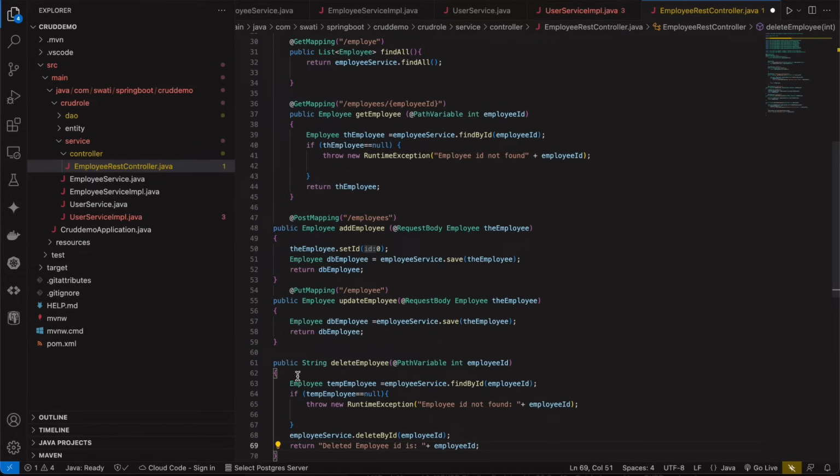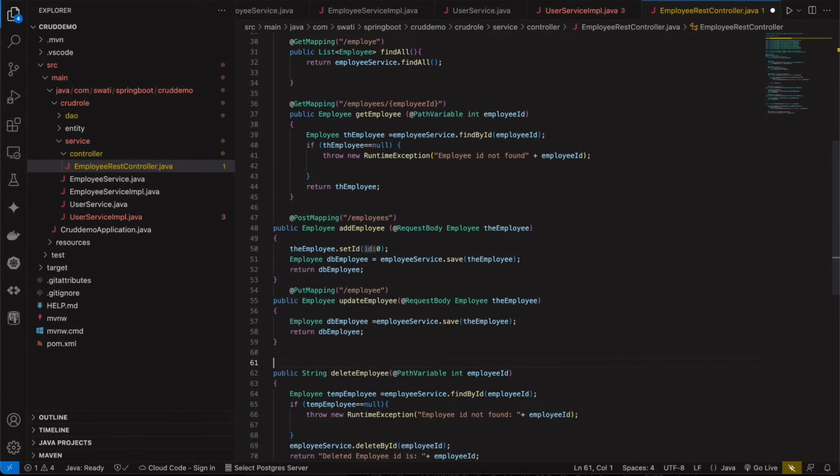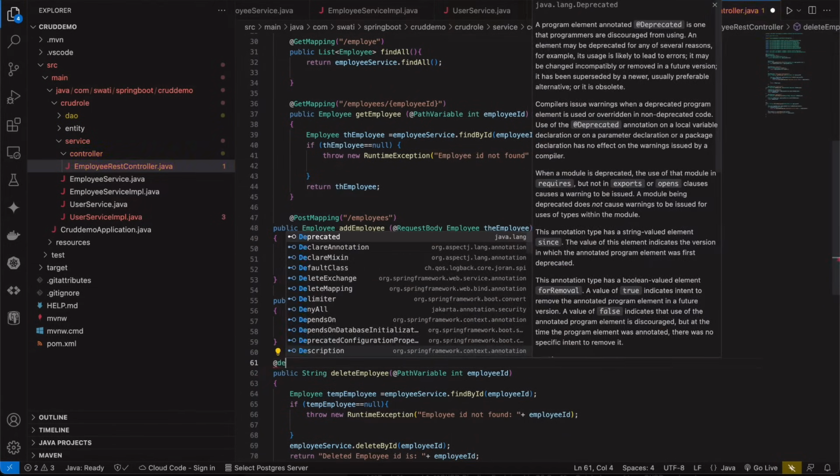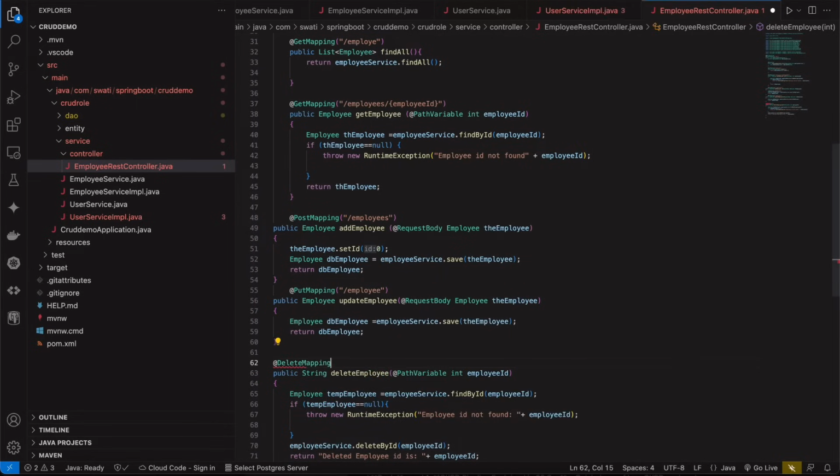simple. And now we'll annotate it with @DeleteMapping, and the path is slash employee. Since we'll be passing it an ID, so an employee ID. Okay,